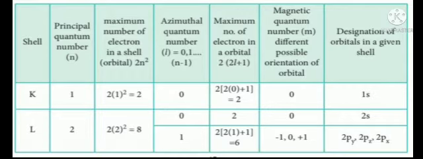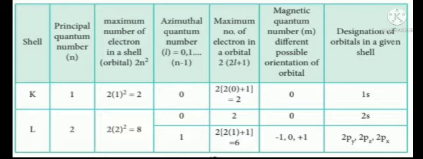The magnetic quantum number m equal to 0 is one value. Hence, it contains one orbital. It is named as 2s orbital. Here, the 2 represents principal quantum number, where s represents azimuthal quantum number. For L equal to 0, it is s orbital. Hence, 2s orbital contains maximum 2 electrons. Next, for L equal to 1, it is p orbital. The magnetic quantum number m equal to minus 1, 0, plus 1.